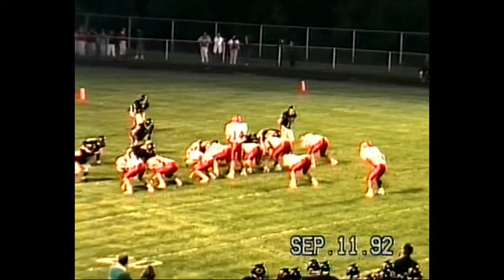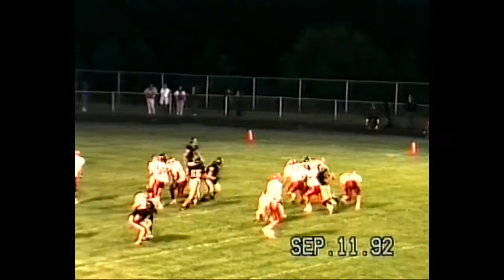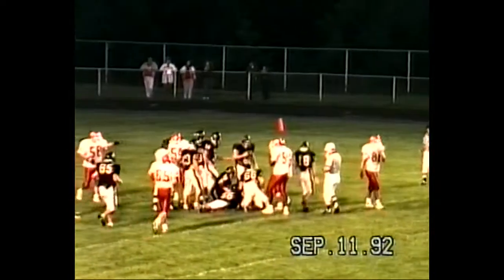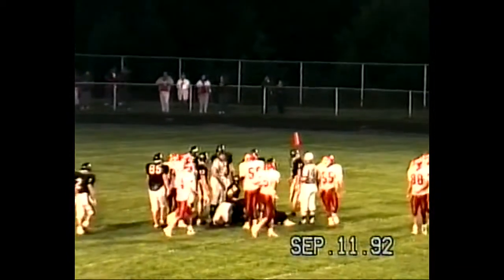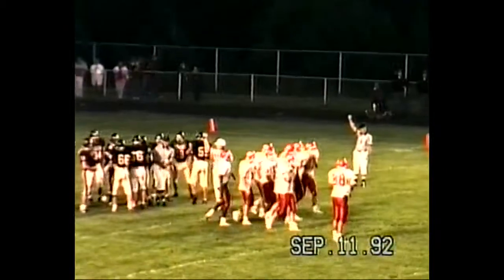3:38 and counting here in the first quarter. Rico Hiram split out of 5 to the left, and the pitch back this time going to Greg Huff. Huff going around right in and picks up a couple of yards inside the 10 down to about the 7-yard line. Jason Combs, the linebacker, on the...